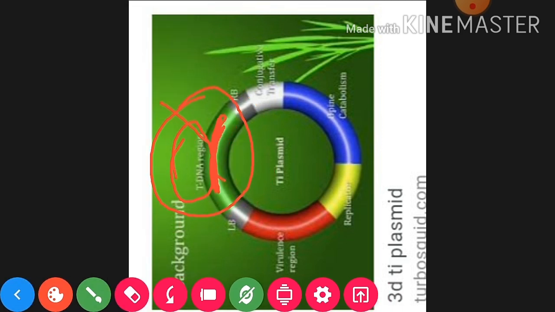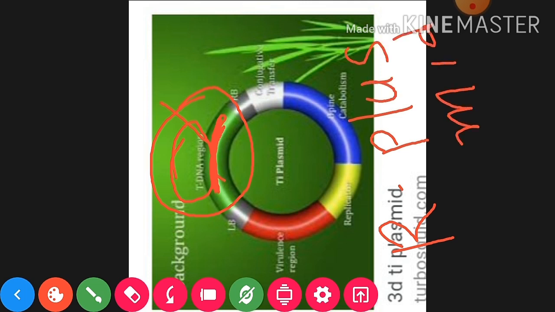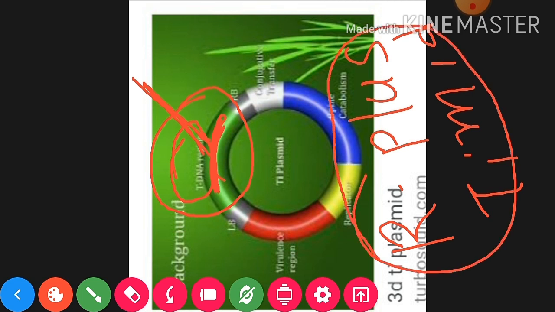Okay, so now this structure we will say here is the recombinant plasmid. Okay, you can say this is the recombinant TI plasmid. Now why? Because of having the desired DNA fragment. यहाँ पर क्या हो गया, यहाँ पर हमने desired DNA fragment को ट्रांसफर कर दिया. That's why the new plasmid is called recombinant TI plasmid. So that is ready for transferring this gene into the dicot plant.